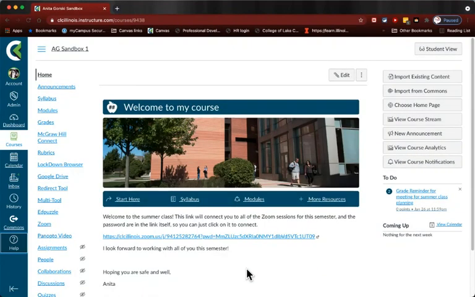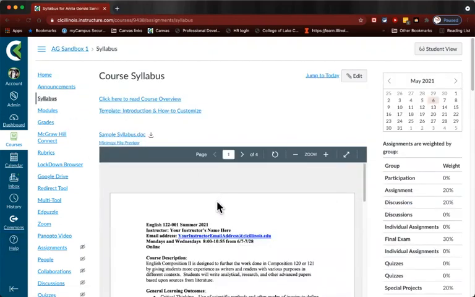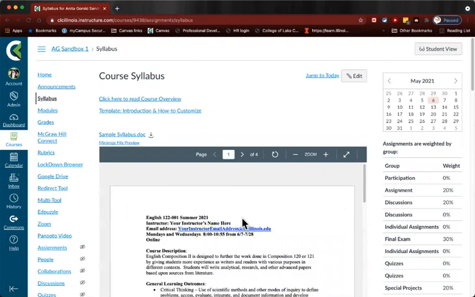If you can't seem to figure out what to do, your first option would be to contact your instructor. Your instructor's information typically can be found on the syllabus. If you open up your syllabus, you usually see your instructor's email information right here at the top of their syllabus. If you are having trouble reaching your instructor, you also have the option of clicking on the help link